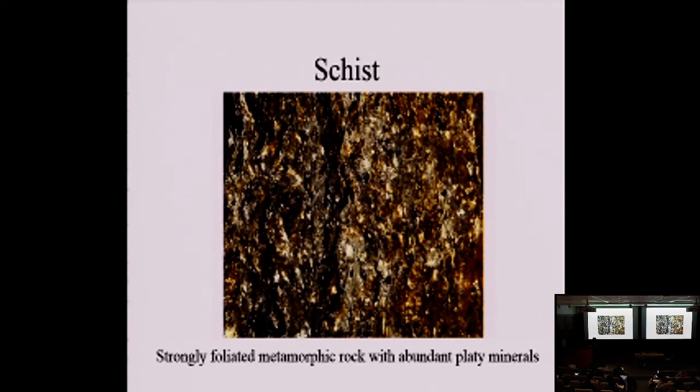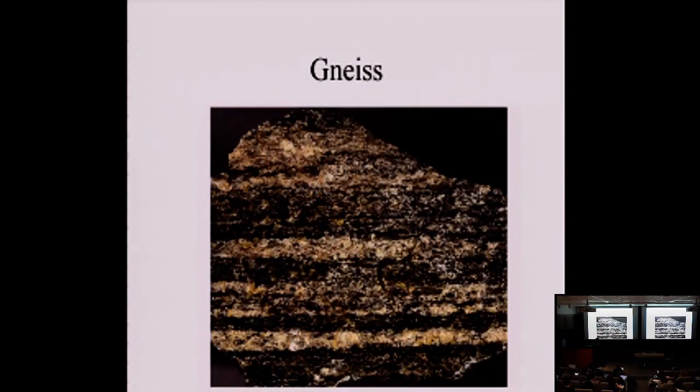So these are just the pictures of that diagram. And then any more heating or squeezing and you turn it into gneiss. You've taken micas and you turn them into